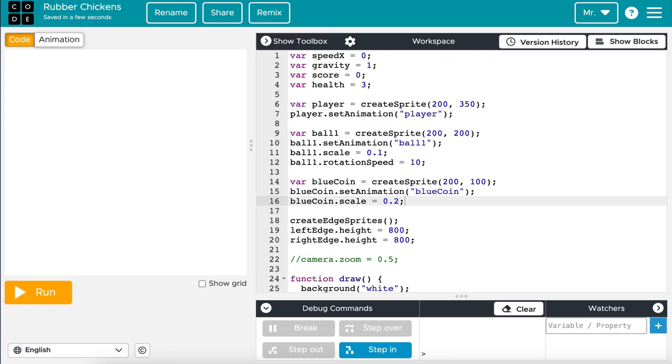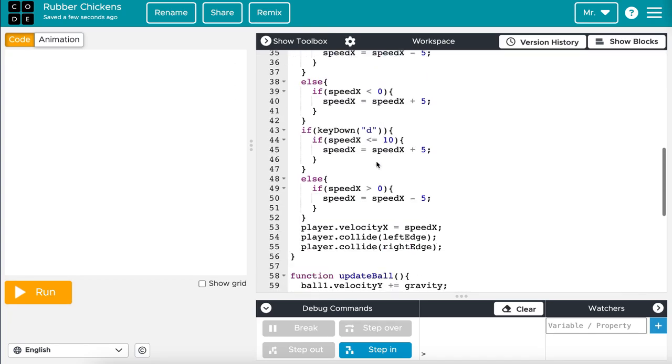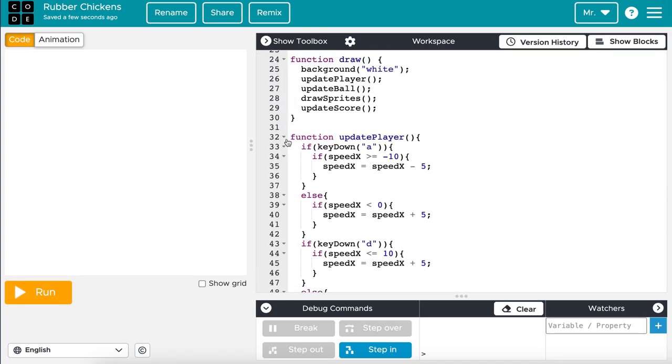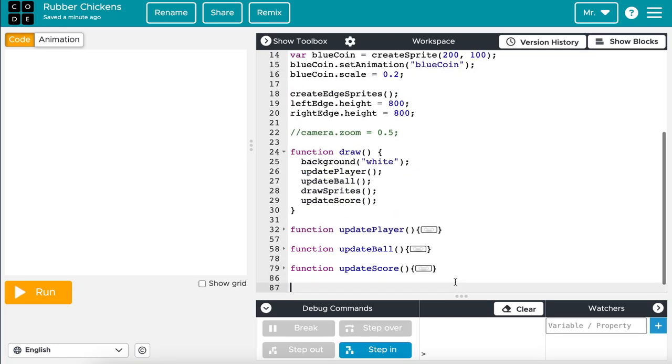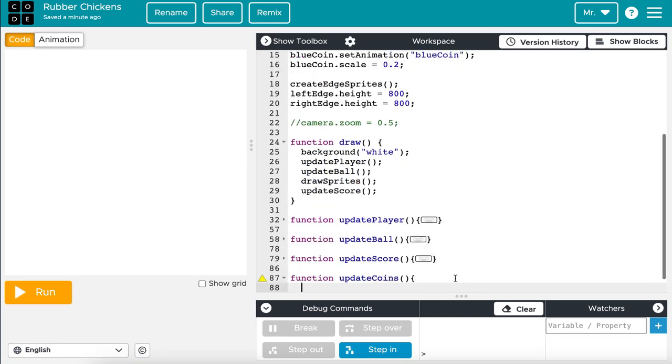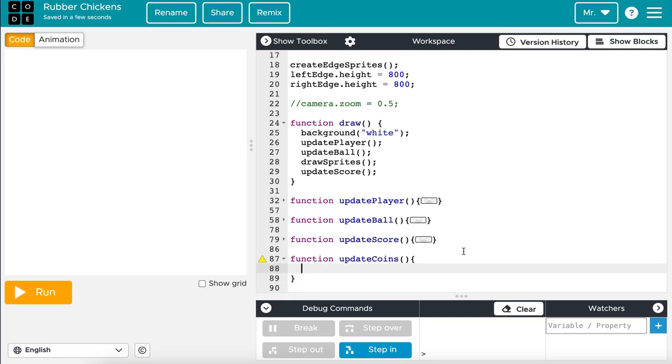Okay. So I'm going to write a new function, which is update coins. So I'm going to collapse update player and update ball and update score. Go all the way to the bottom. Update coins. My thought was kind of just, if the chicken hits a coin, you earn a point, and the coin jumps to a different place on the screen. So we want, and I'm still calling it a ball even though it's now a chicken, if ball one dot is touching coin,